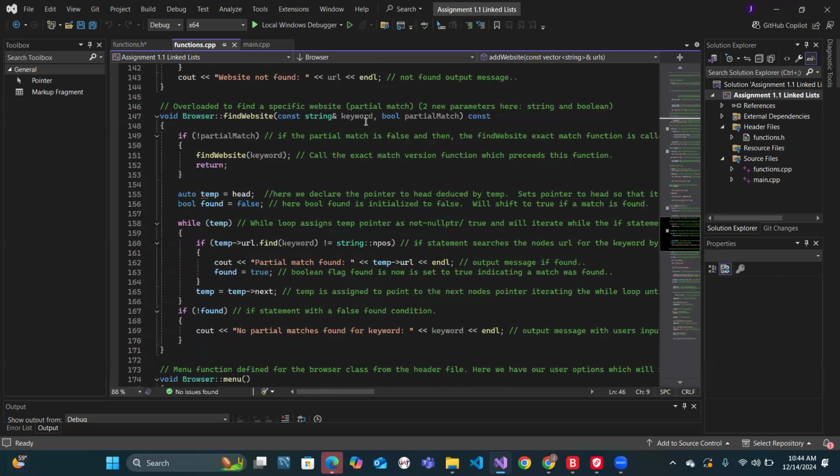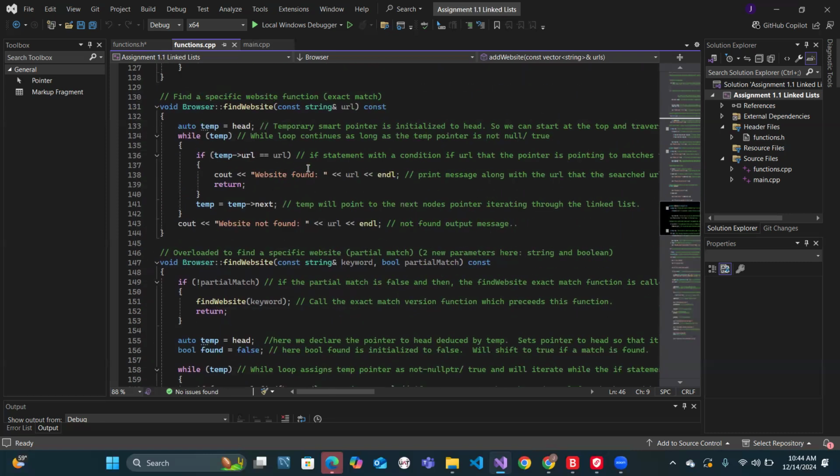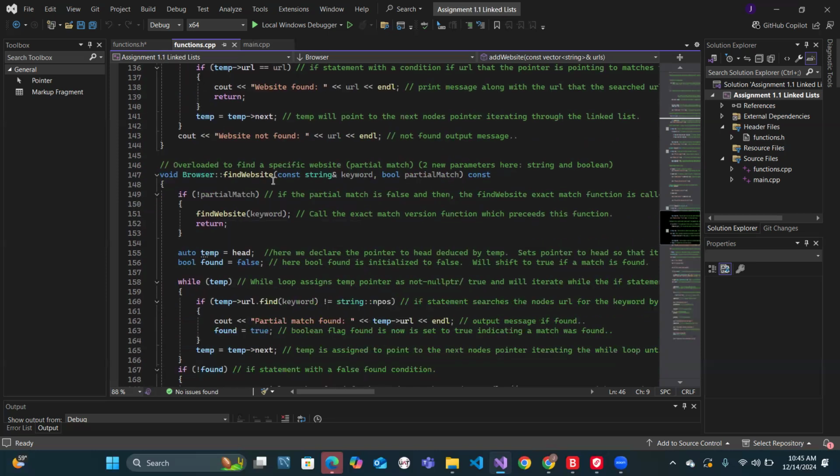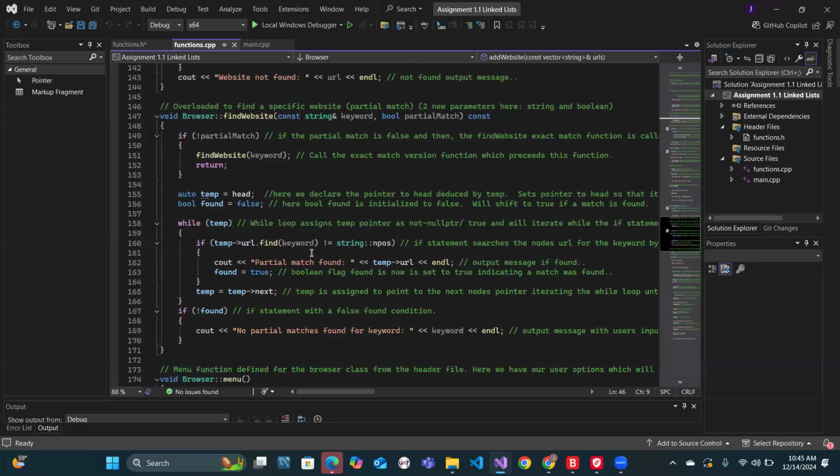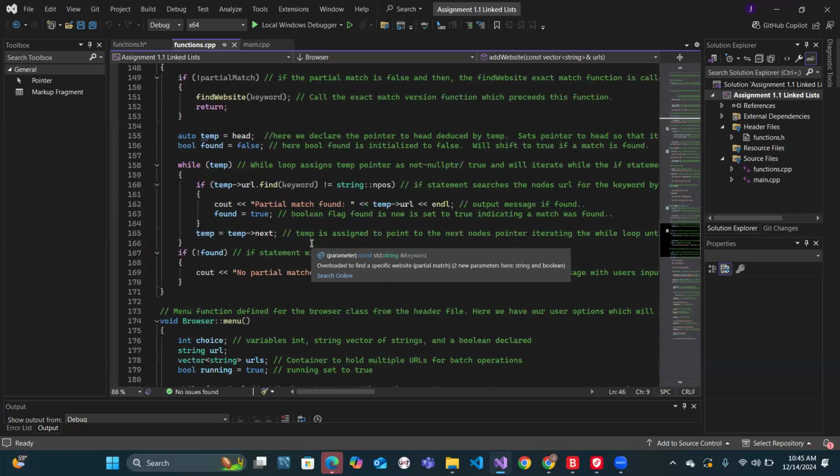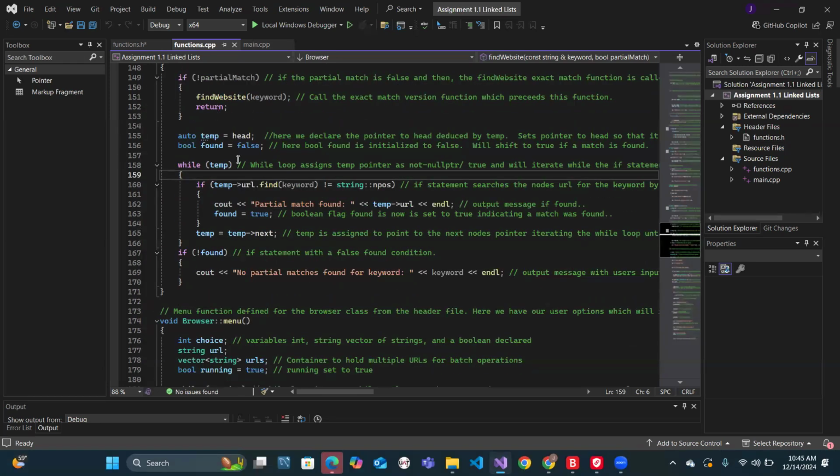Here we overload it with keyword and this Boolean partial match. If partial match is true, then the find website using our keyword argument is now called right here, and it'll get iterated right there. If only a partial match, then it gets brought down here into this while loop, and we are going to call